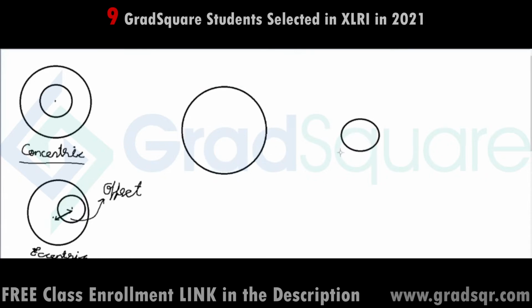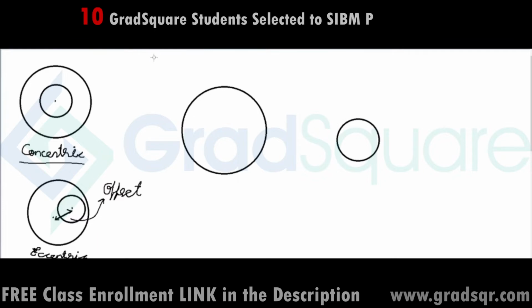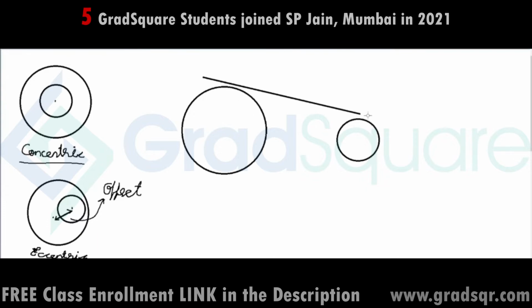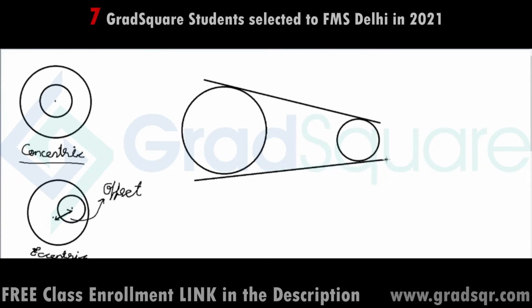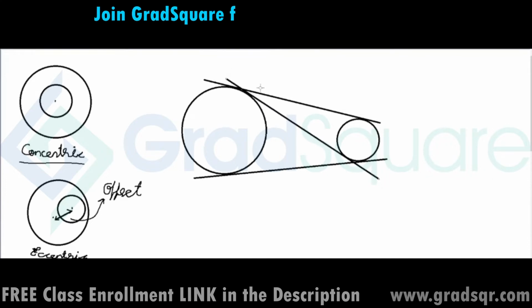We can also have 2 circles not touching each other and both present external to each other, right? Looking like this. Now, in this case, it might seem as if the 2 circles have got nothing in common, but the fact is that we can make certain common constructions between these 2 circles. And of course, the common constructions that I'm talking about is that I can draw a set of common tangents between the 2 circles. So if I look at these 2 circles, then the total number of common tangents that I can draw between these 2 circles is 4. I can draw 4 common tangents between these 2 circles. I can draw 2 like this, and I can draw 2 more like this.